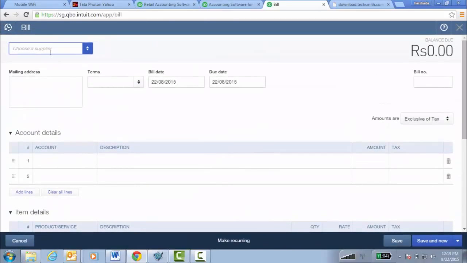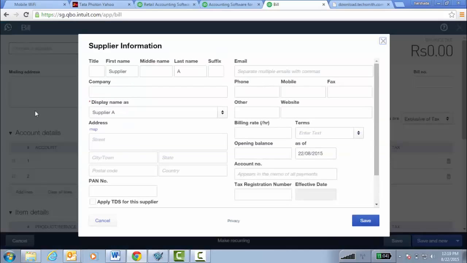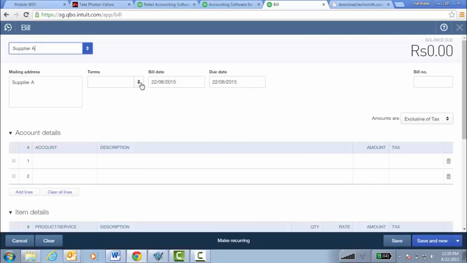Put your supplier details. Click on add supplier. Click on details, wherein you can put database of your supplier and save that. You can also specify terms of payment given by your supplier.